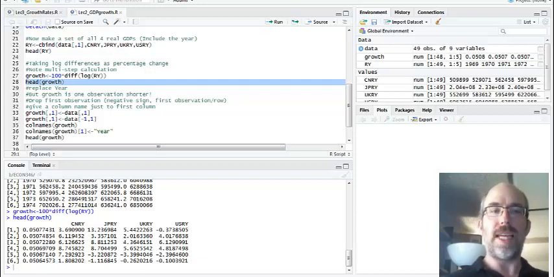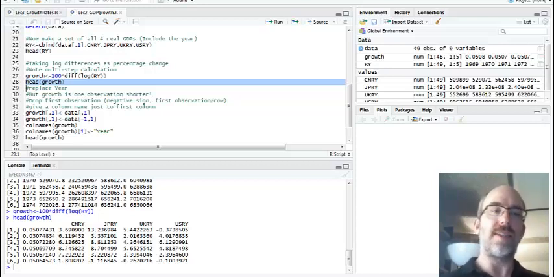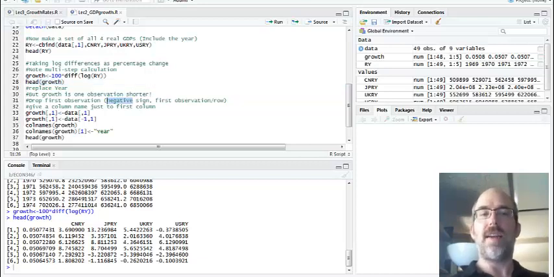So I'm going to replace it. Well, we're going to notice that growth, because you lose a year, right? The first year, 1969, has no growth rate. Only 1970 could be the first observation, because it's growth from 69 to 70. If there's no 1968, you can't have it. So growth, you're going to find out that if you just replace the year directly, it's not going to work. I'll show you the error message, but then we're going to drop the first observation of the year, and how you drop an observation is you put a negative sign, and you put the position of it as the first row. Okay, so here I'm going to replace